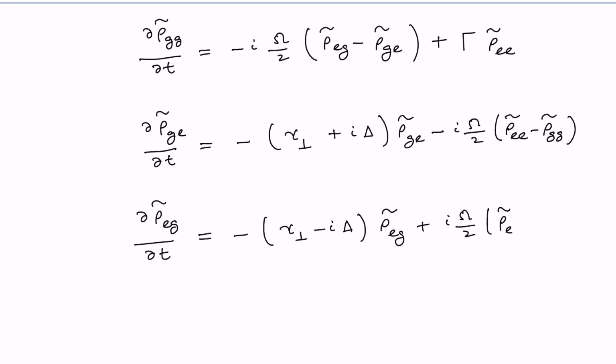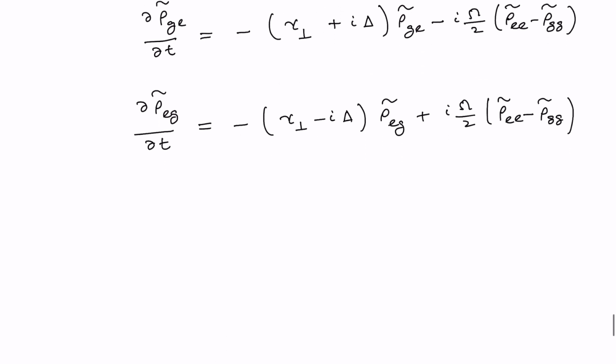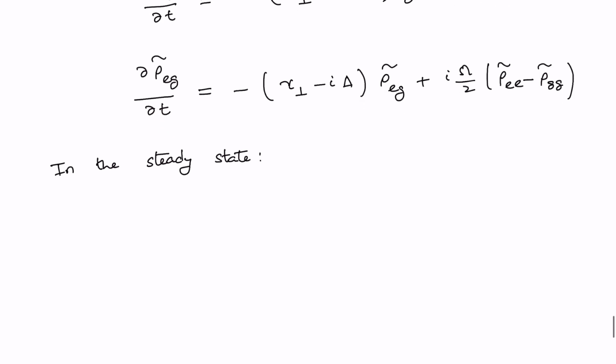We have rho tilde EE minus rho tilde ZZ. Alright, so this is what I have. Now in the steady state, let me do it systematically. In the steady state, first let me set delta rho tilde EZ by delta T equal to 0,